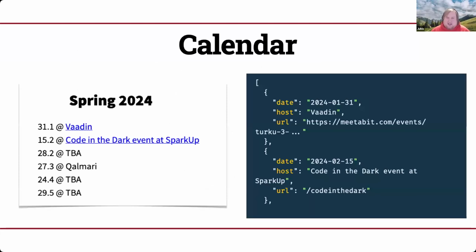So let's take a look at one of the examples. So as you saw on the screenshot, we have this calendar. It's usually the next